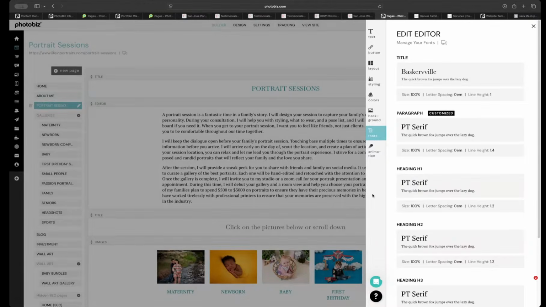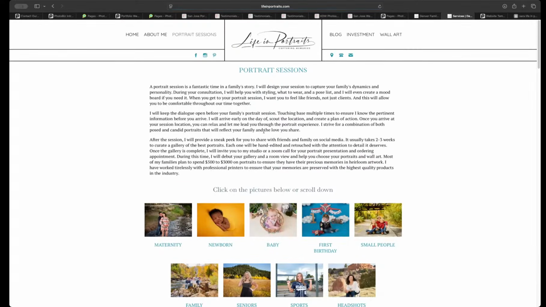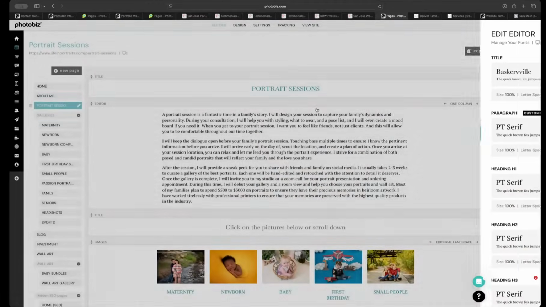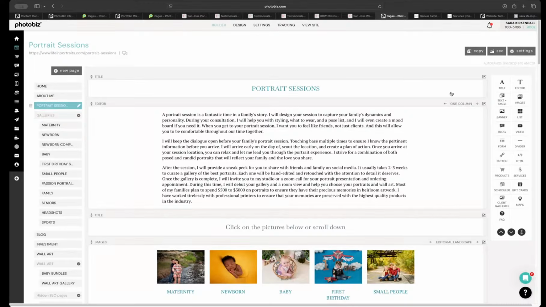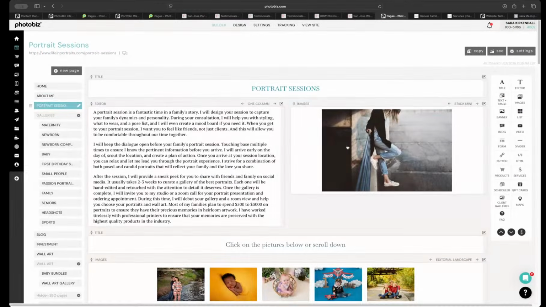So you could do that. That's just going to add some air to it. I like to call it air because it makes it a little bit easier so it's not so compressed when people are reading it. So just things like that can make a small tweak there. If you wanted to, you could always pair an image next to it. You could either use a text plus image block, or you could just put something right next to it. Like, I'll just put this one here. But you can see adding a text and image sometimes helps with people,